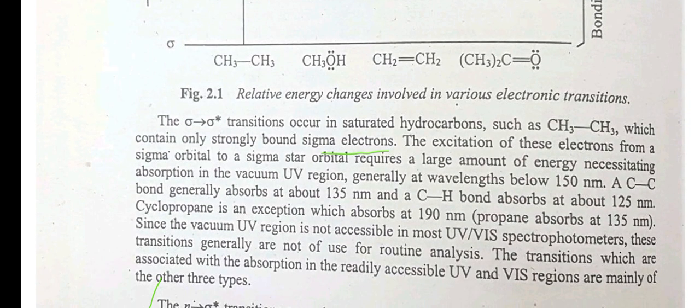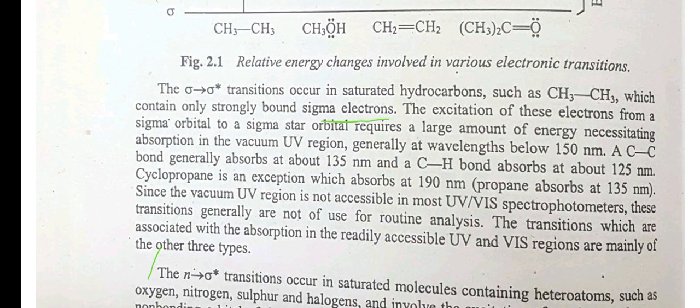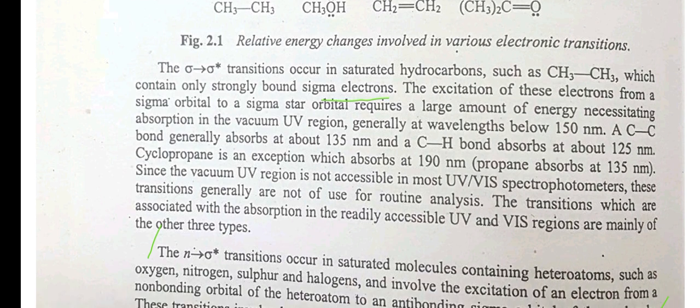The σ to σ* transition occurs in saturated hydrocarbons such as CH3-CH3, which contain only strongly bonded sigma electrons. The excitation of these electrons from the σ orbital to a σ* orbital requires a large amount of energy, necessitating absorption in the vacuum UV region, generally at wavelengths below 150 nanometers. A C-C bond generally absorbs at about